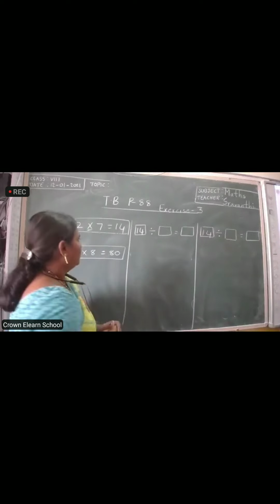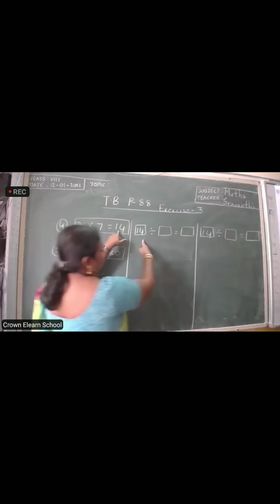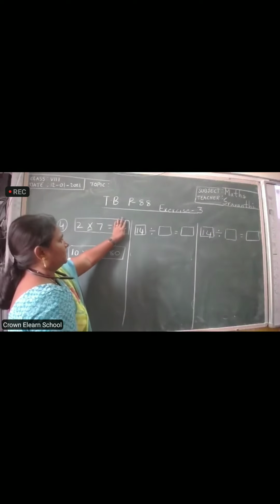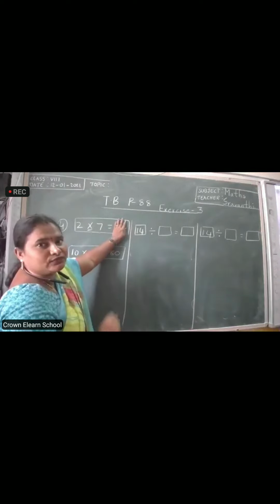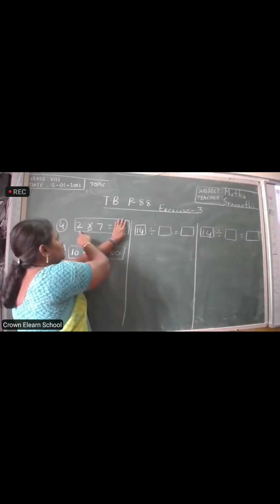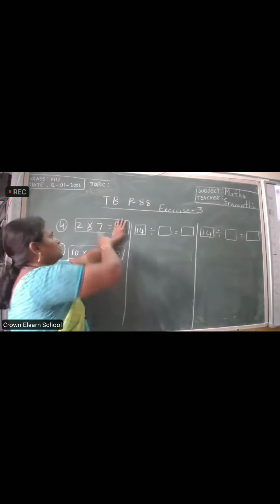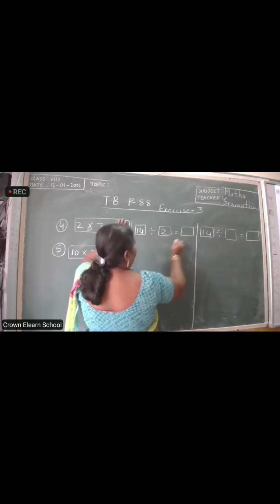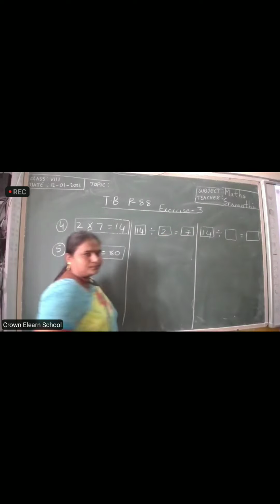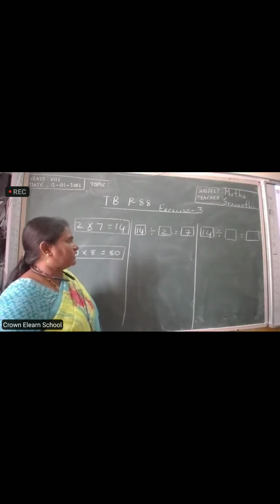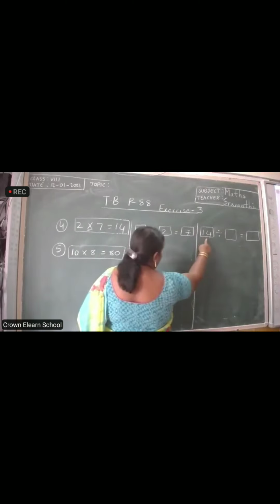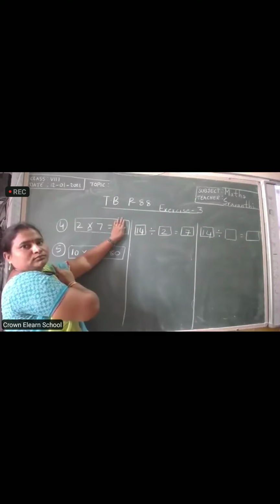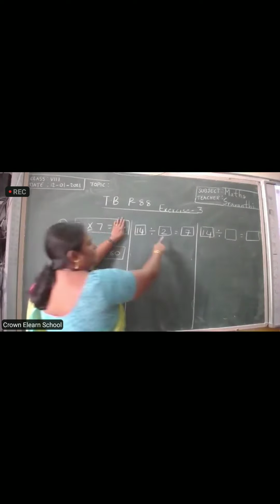Okay? Now, 14 already we have written in two division forms. So let us close 14. What are the two numbers left in the question? 2 and 7 left. So let us write 2 and 7. Got it? Have you written? 14 already we have written. So close 14. You can see 2, 7. Just write in the same order. 2, 7.